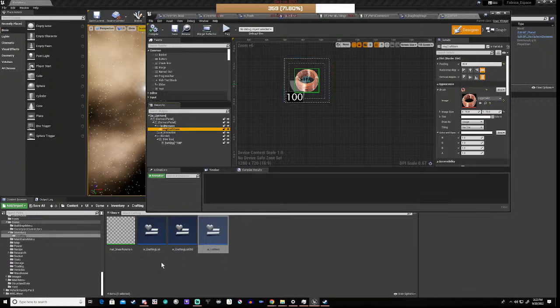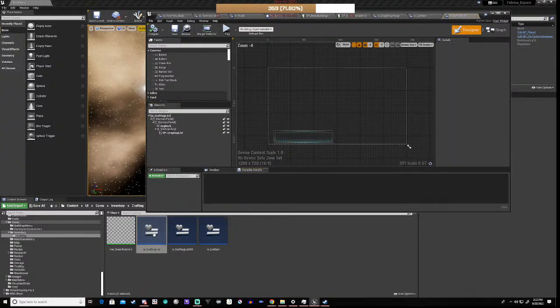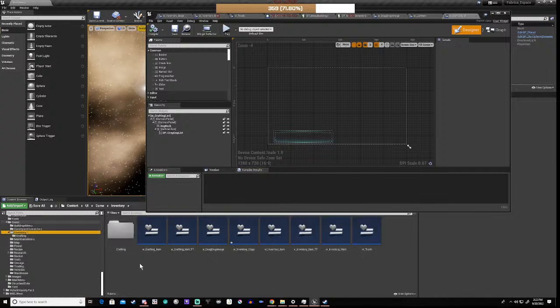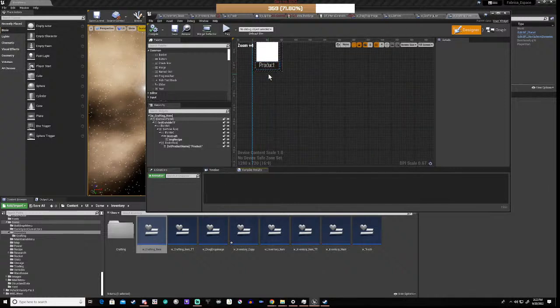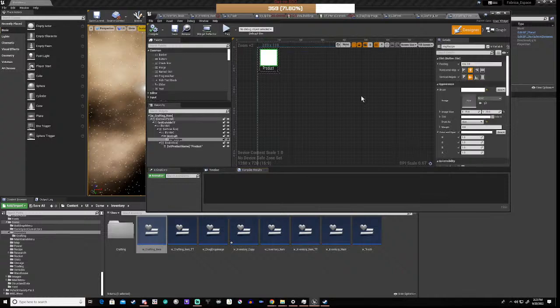Ah, but hang on a second. That isn't actually the right item. It should be this one. And again, it looks like we've got a slight border on this. 75. If we look at inventory item,